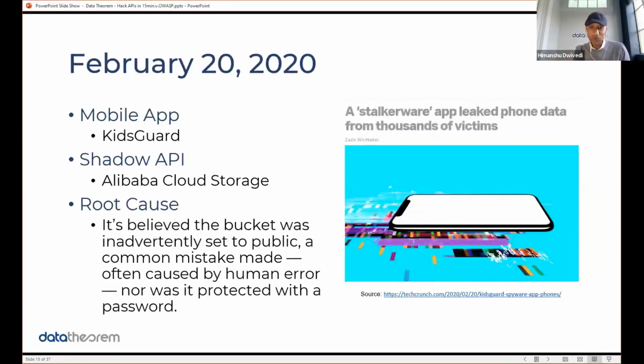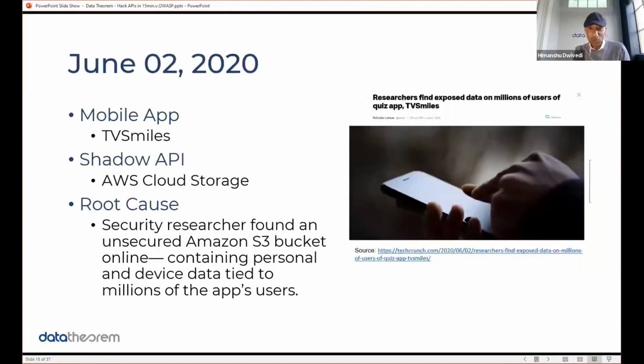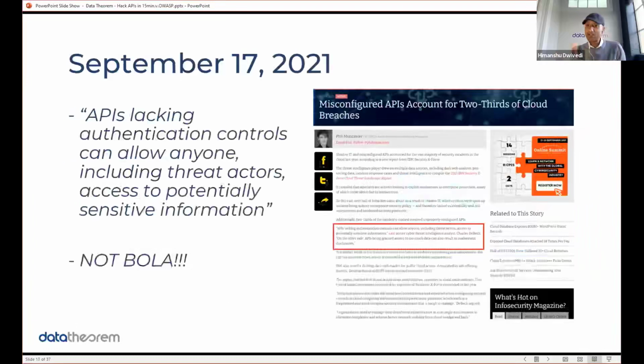So it goes on to the next year, our favorite year, 2020, the year of COVID, and June of 2020, it could go on and on. But here's something just 2 weeks ago. This is also in the news. On September 17th, this article came out saying APIs lacking authentication controls can allow anyone, including threat actors, to potentially hit sensitive information.